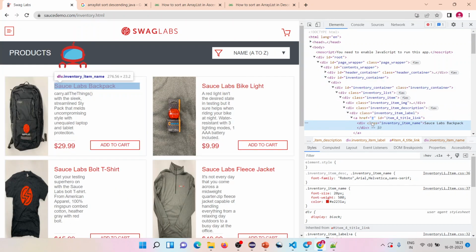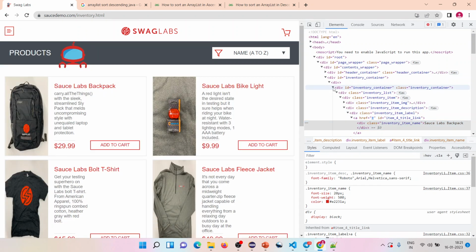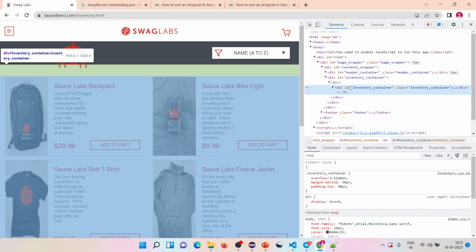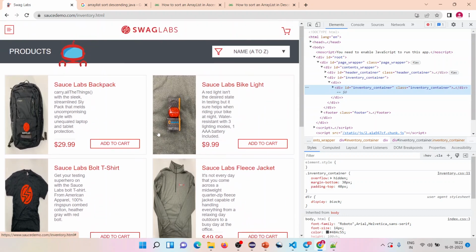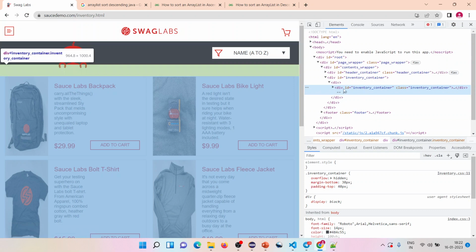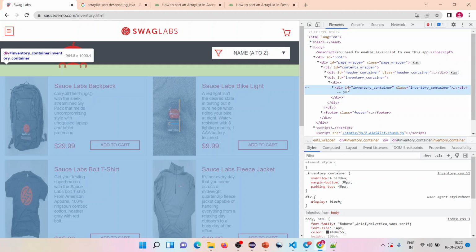See where this a div is available inside this inventory container. This container has the entire thing, see here, if I highlight this one on the left side you can see it highlighting the entire thing. Here you can see, right? If I take it out, now you can see. So that means inside this inventory container,